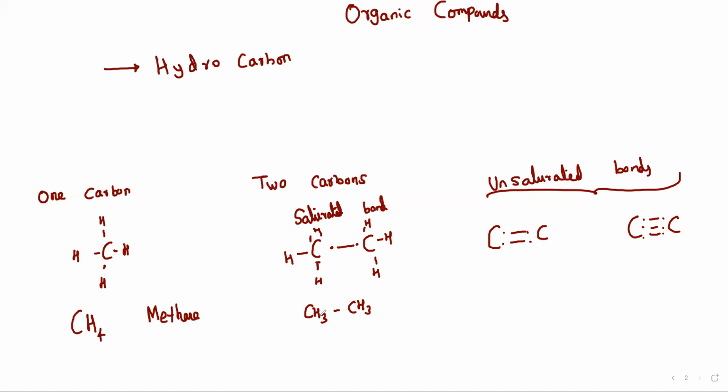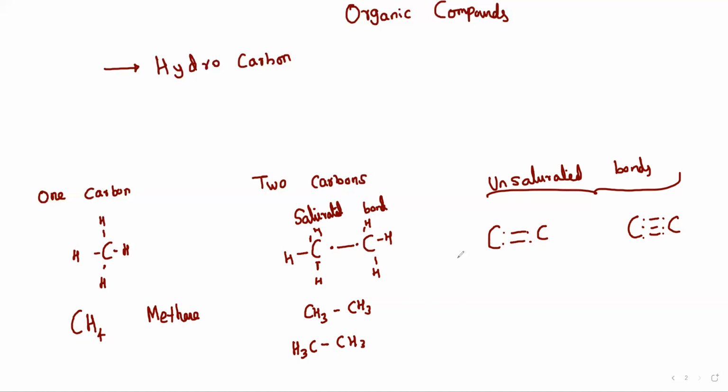That doesn't mean that this hydrogen and carbon are joined. When you write an organic compound in a chain structure, always carbon and carbon only will make a bond. So this is written for our convenience purpose only. Actually, it has to be written like this: H3C CH3, because C and C only make a bond. So both are correct.